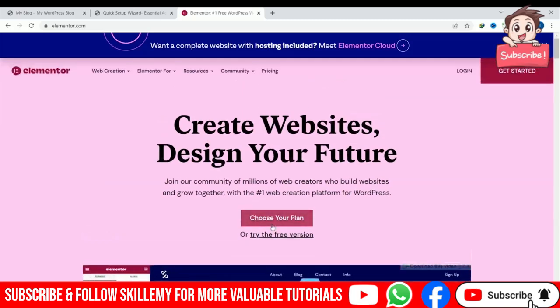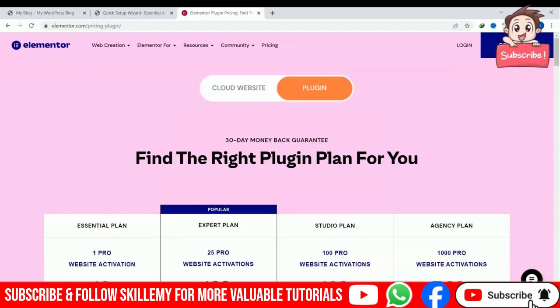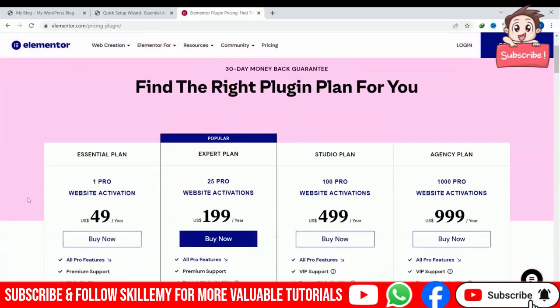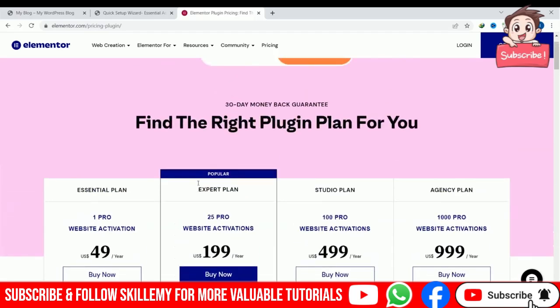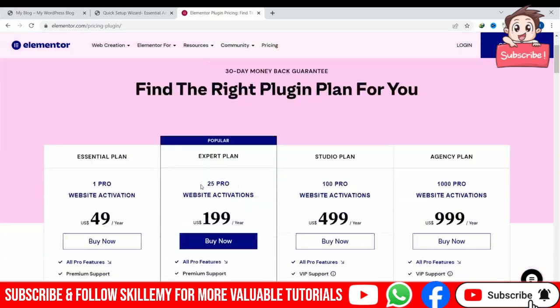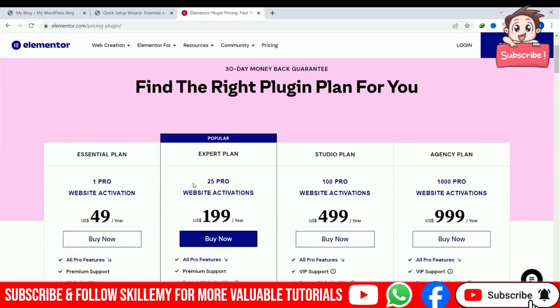So let's take a look at the fees. Here is the option to choose your plan. Then you will have some comparison. There are different types of plans. For example, if you are going to use it for one website, you have to pay $49 per year, and if you want to go for 25 pro website activations, you have to pay $200 per year. So they have different types of plans,